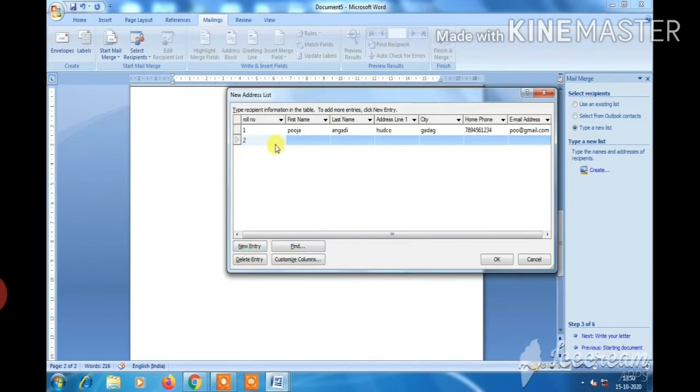Click New Entry and type the information for the next records. Continue until you have typed the information for all the records that you want to include.